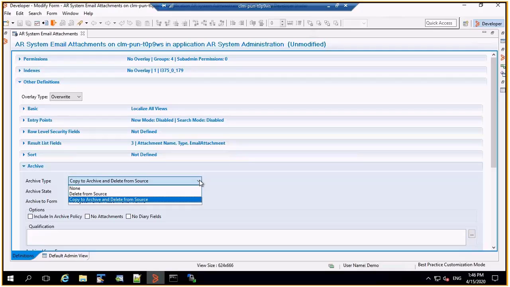In the archive type we have three options. The first one is none. If you set this, that means archiving is not happening. The second one is delete from source. This option will directly delete the data from the main form. And the third one is copy to archive and delete from source. This will copy the data from the main form to the corresponding archive form and delete it from the source. So when I select this one